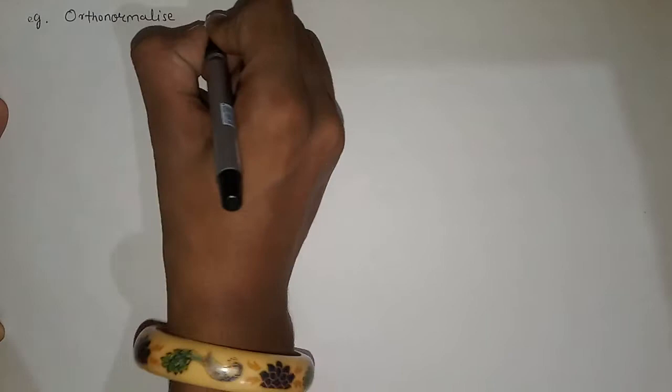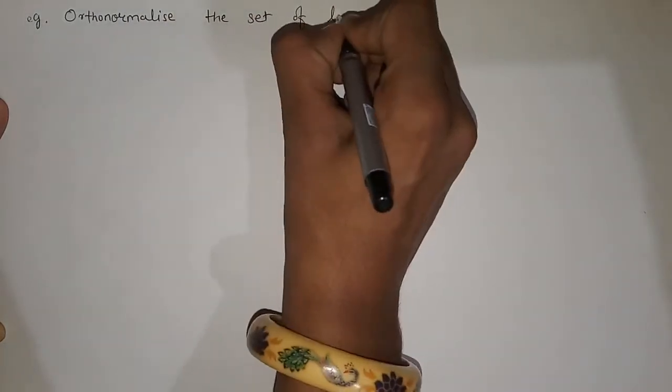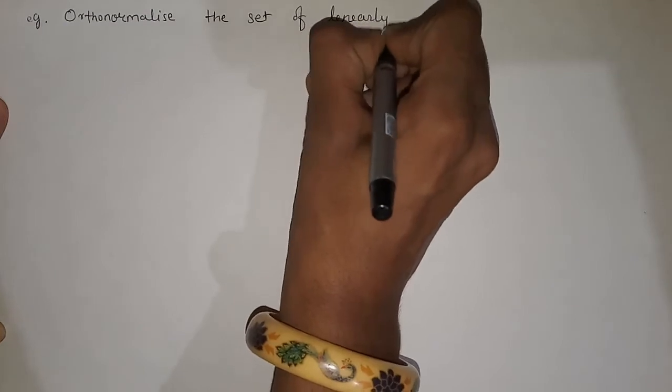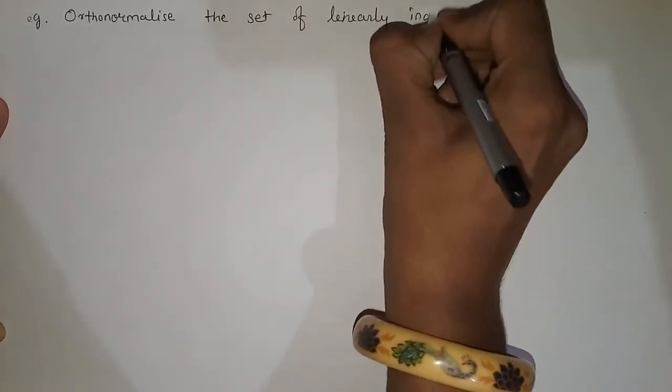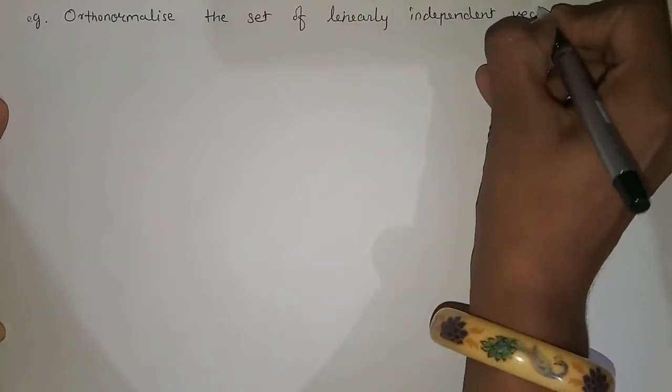Today we will do examples based on the Gram-Schmidt orthogonalization process. So our first example is: orthonormalize the set of linearly independent vectors